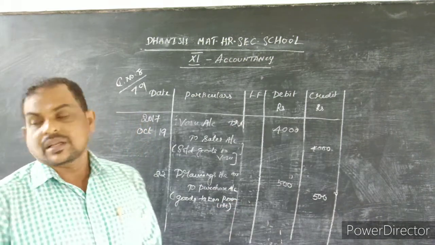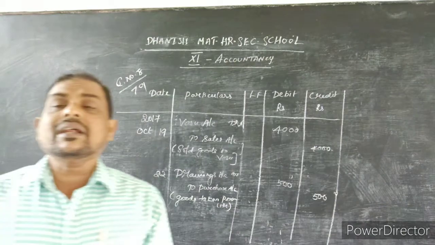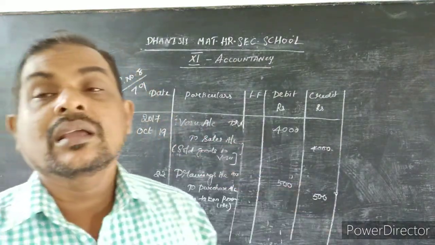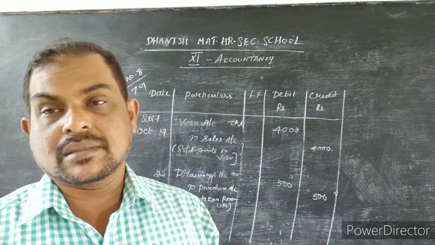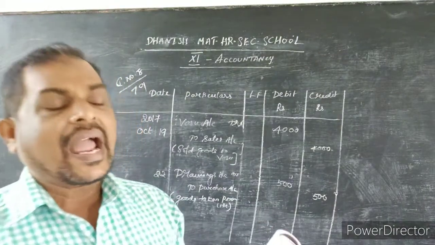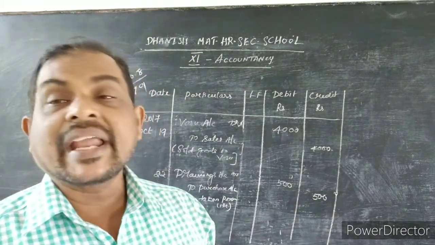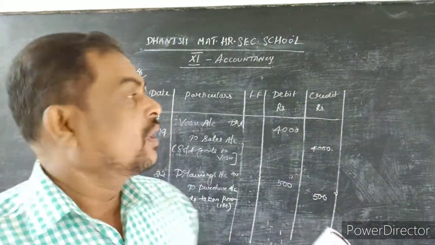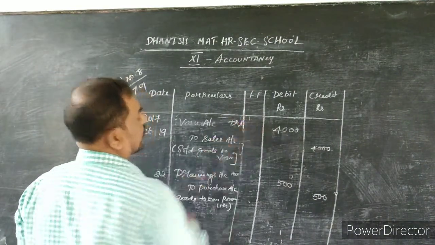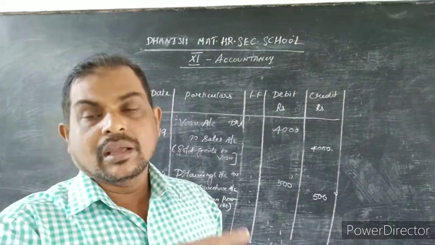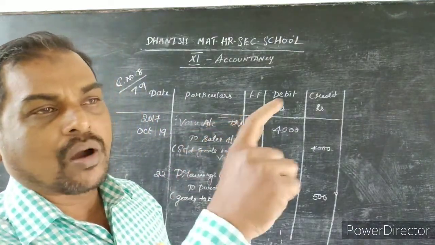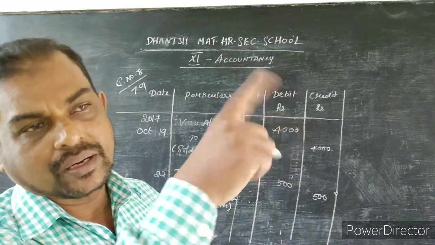Okay, listen, my dear students. After completing all the journal entries, now we have to put numbers for the accounts. What is the first journal entry? Cash account debit to Ganeshan's capital account. So in cash account you put one straight small line, a hyphen, and put in pencil 1. First you have to go through the journal entries.